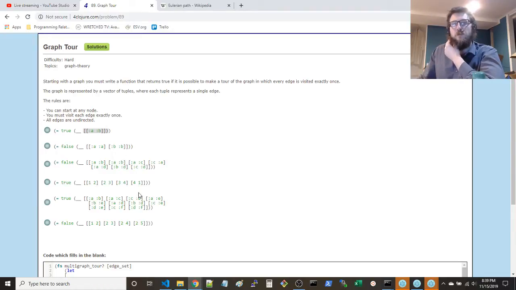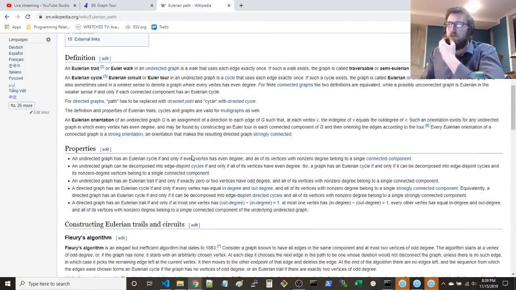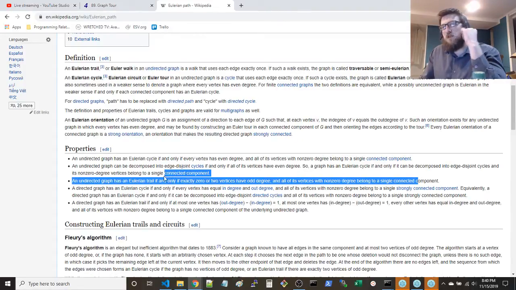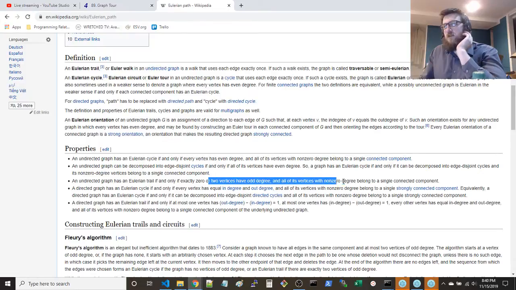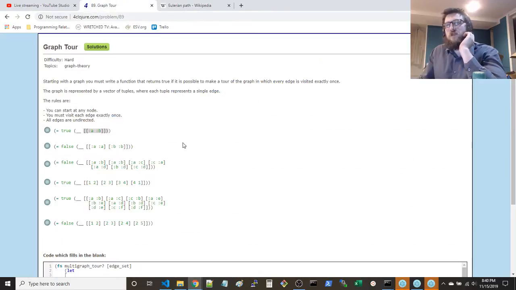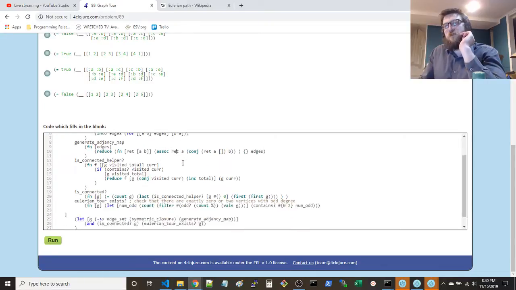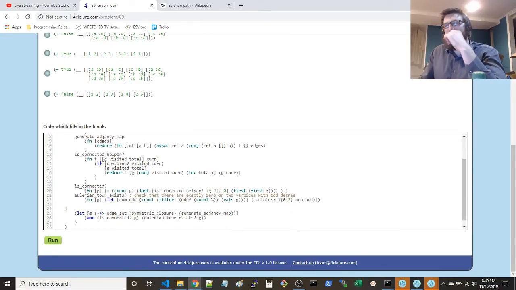So an Eulerian path, which we saw Hamiltonian previously, has a trail if and only if exactly 0 or 2 vertices have odd degree, and all of its vertices belong to a single connected component. Did I do this right? Did we do that properly? 0 or 2.